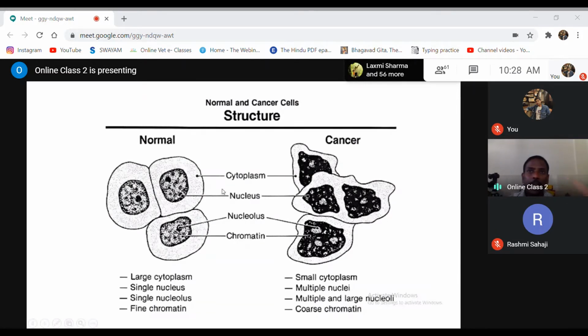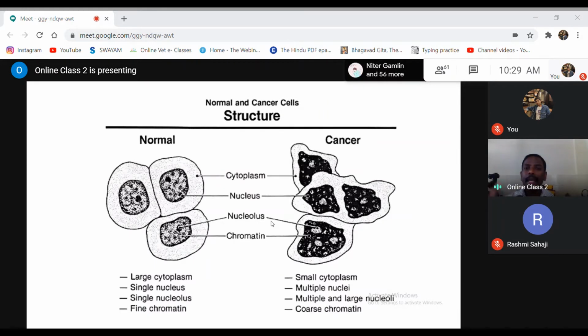Normally, the nucleus cytoplasm ratio in the majority of the cells ranges from 1:4 to 1:6. What do you mean by that? 1:4 to 1:6 means for every 6 parts of the cytoplasm, you can find 1 part of the nucleus in a normal cell. In some cells, for every 4 parts of cytoplasm, you will find 1 part of nucleus. In some cells, for every 6 parts of the cytoplasm, you can find 1 part of nucleus.